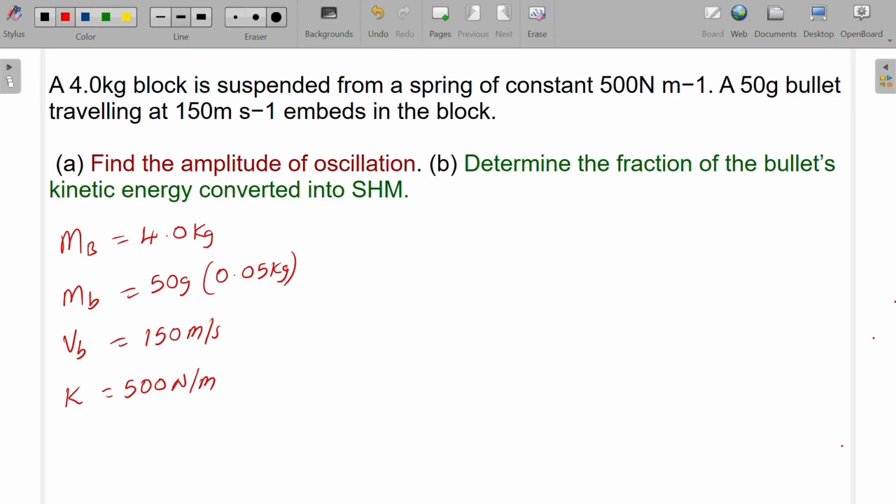So our formula is A is equal to V times the square root of m over k. Then replacing here, our V is 1.852, multiplied by the square root of our mass, 4.05, divided by k, which is 500 here. All we have to do is punch our calculators. When we do, we'll find that our amplitude is equal to